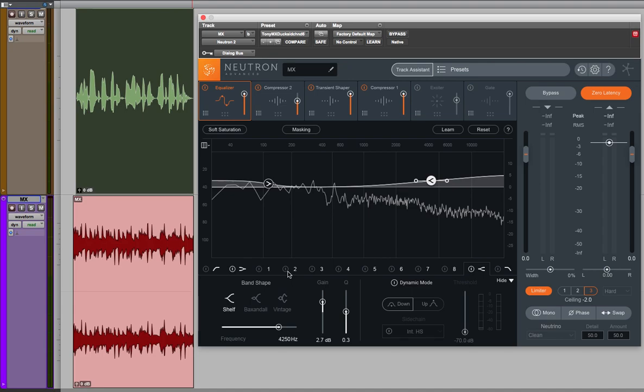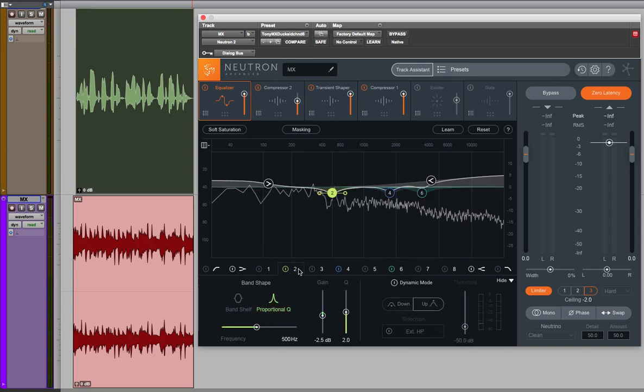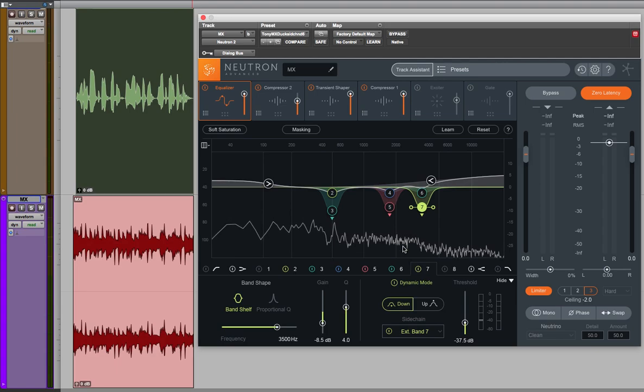And then I've used the even nodes 2, 4, and 6 to give just a little bit of dip at 500 hertz, 1750 hertz, and 3500 hertz. In addition, I've added nodes 3, 5, and 7 at those same frequencies, but with much larger dips, except these odd nodes are only being used in dynamic mode, and they're only feeding off of the sidechain dialogue bus, and